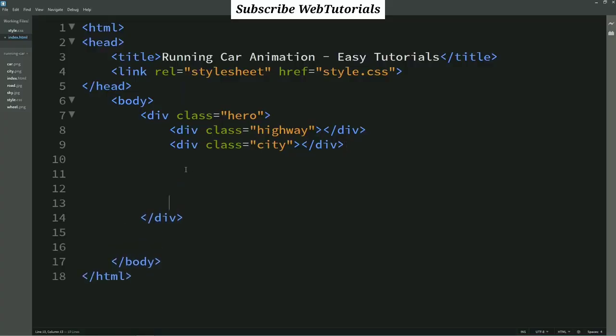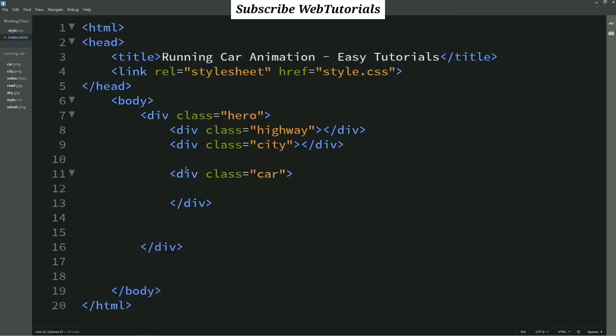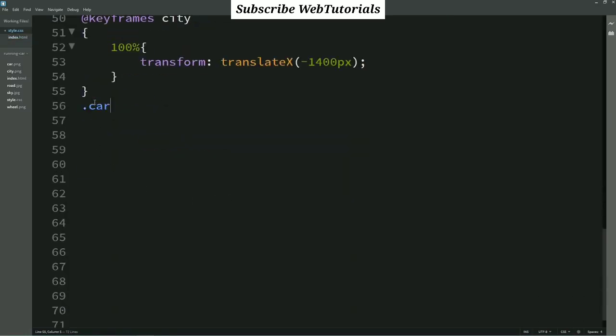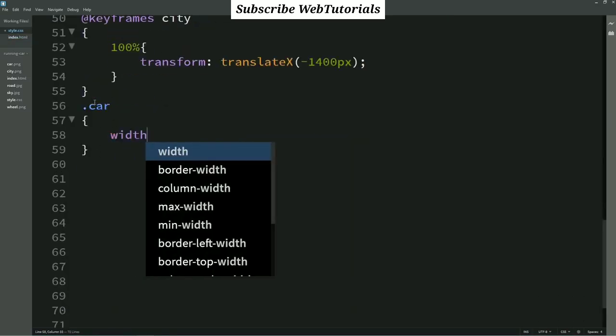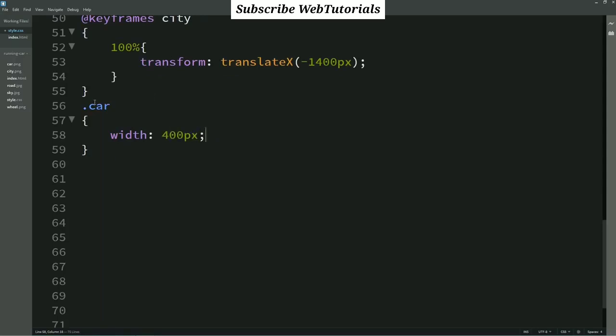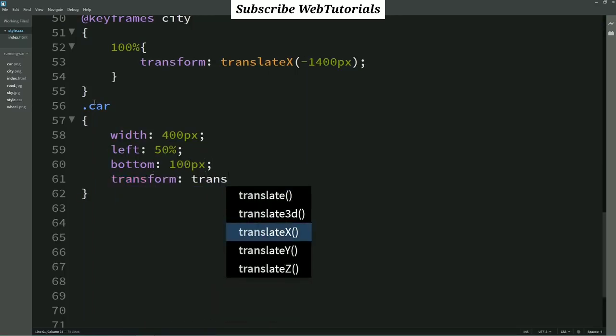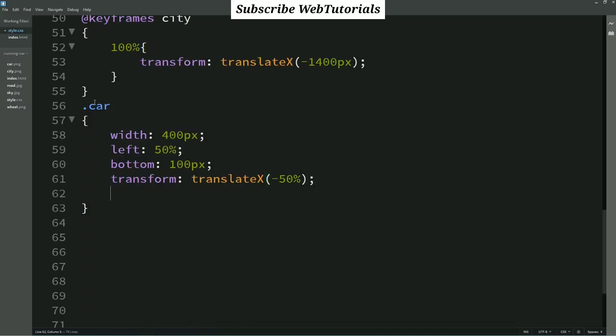Again come back to the HTML file and here we'll create one div and class name I am writing car. And in this div we'll add one image, so I am using img src and the image file name. Let's copy this class name car and come to the CSS file. Here we'll add width, it will be 400 pixel, left 50%, bottom 100 pixel, transform translateX minus 50%, position will be absolute, z-index 2.